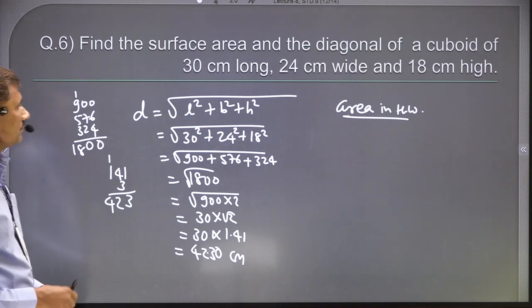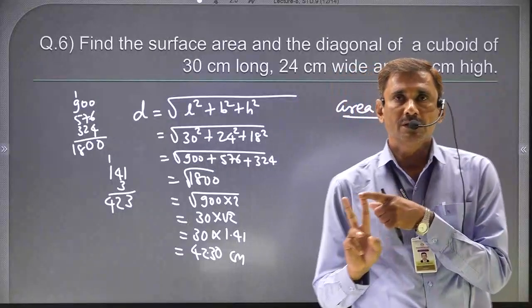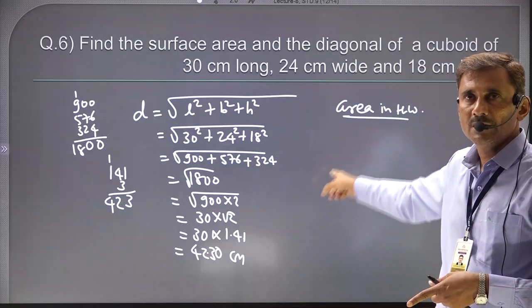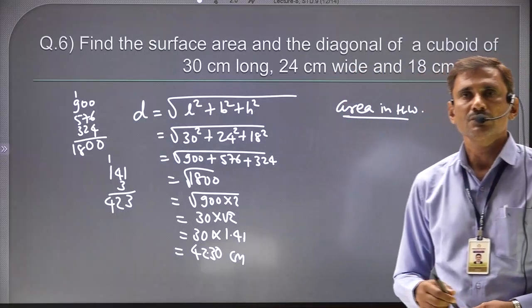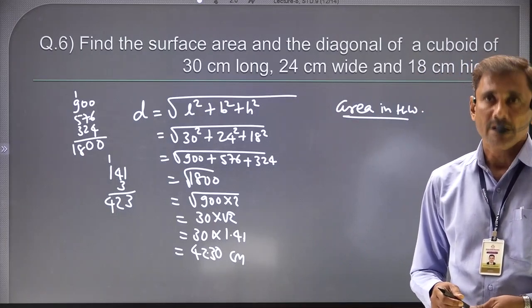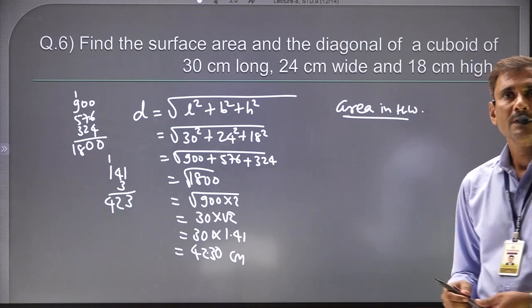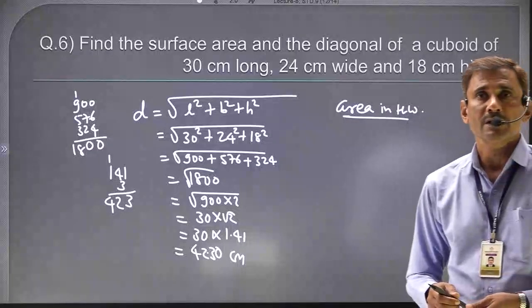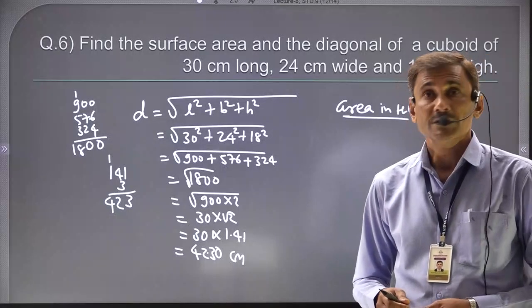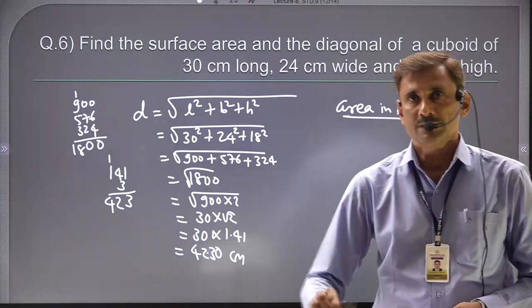Okay, students. So now in total I have given you 3 questions. Number 3, number 5, and now number 6. So these 3 questions you have to do today in homework, and the remaining questions we will solve in the next lecture. Okay, students. So today we end our lecture number 8 here, and we will meet soon in lecture number 9 with the remaining sums of 15.1. Okay, thank you very much.